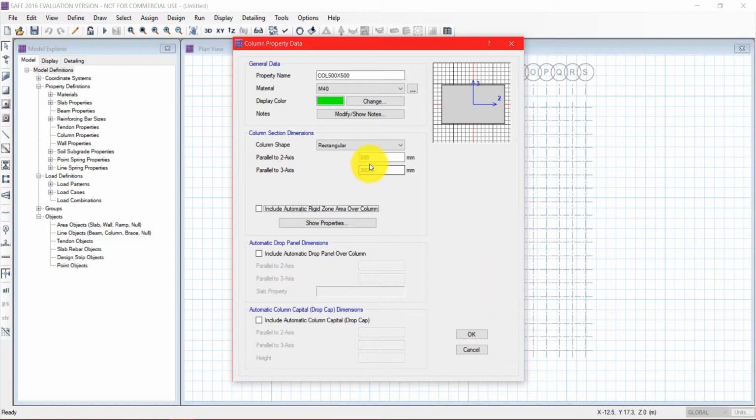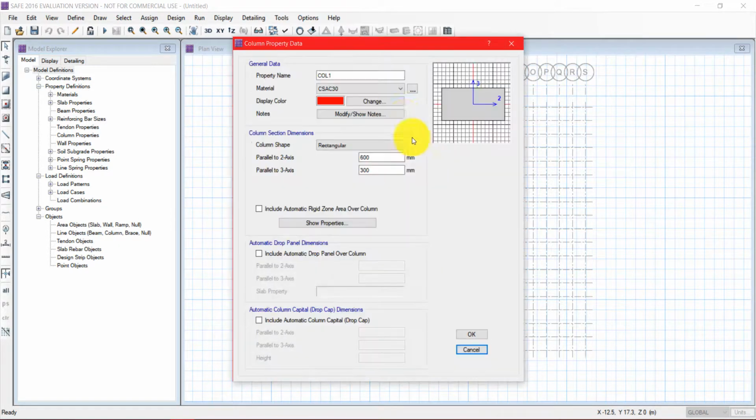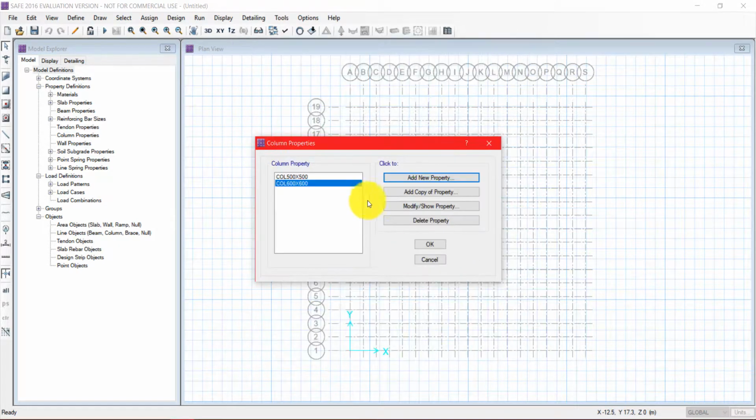So we have defined our column 500 into 500. Let's define the second column as 600 into 600 dimensions. This is already defined, so let's define the dimension, and this is done. So we have both the columns defined.